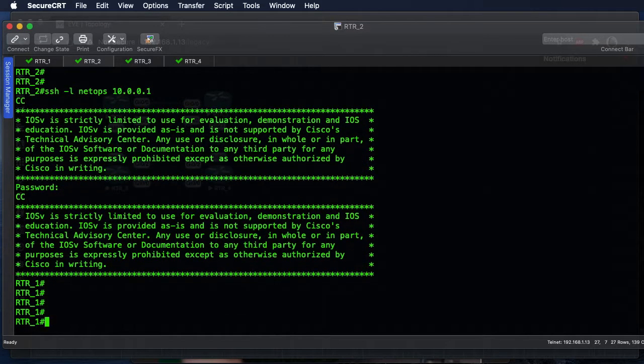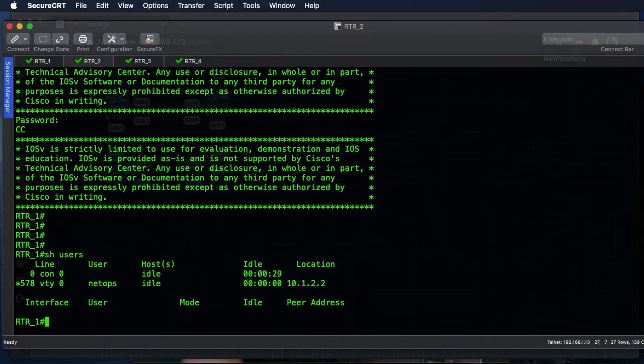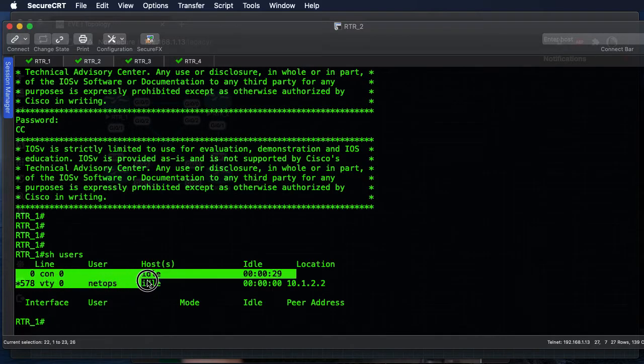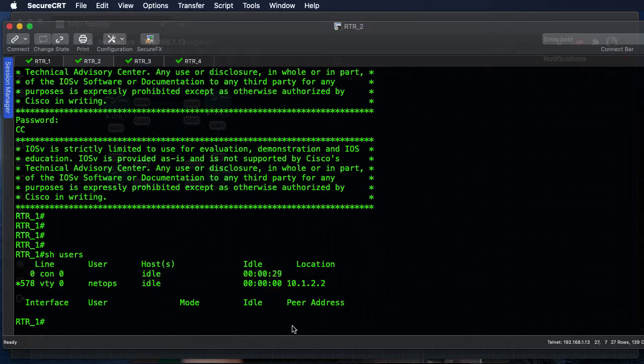Okay. You can see we're SSH'd into router 1. I can show users. And here we are on the VTY line, logged in as NetOps, and our console connection is still active as well. So let's say you're on this device and you're wanting to update the routing process for OSPF. So we do a show run pipe section